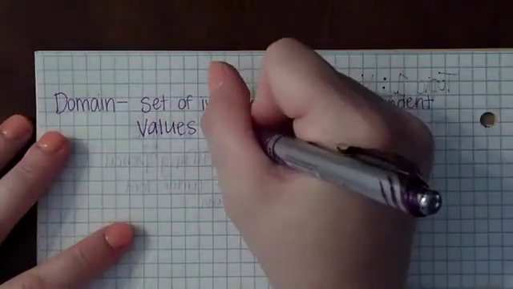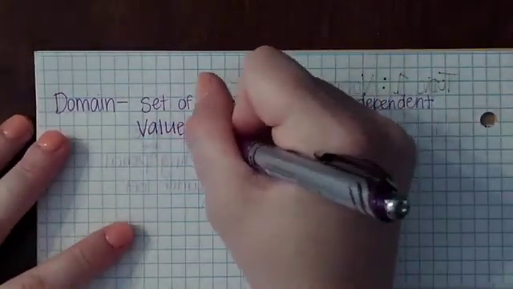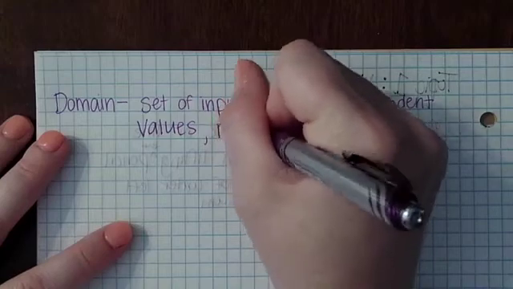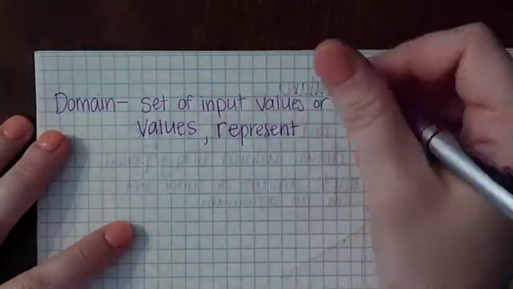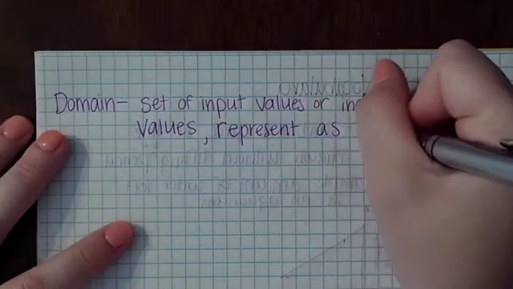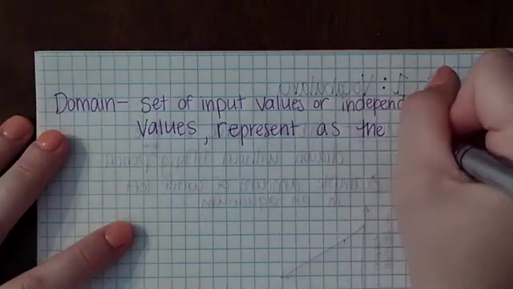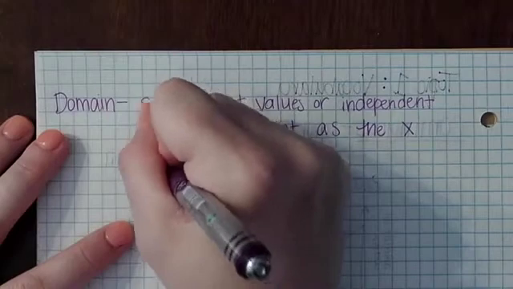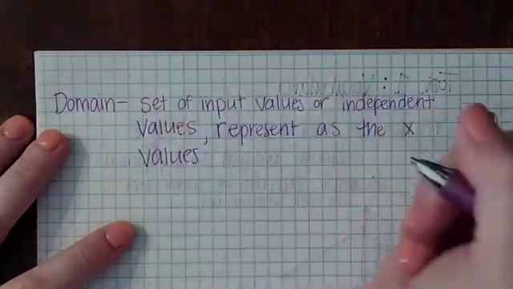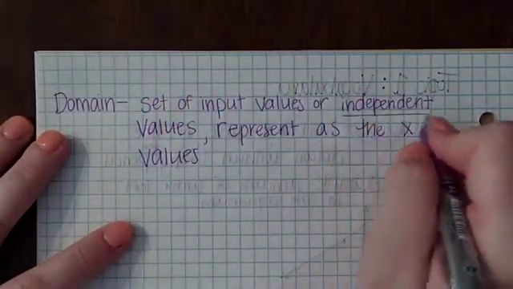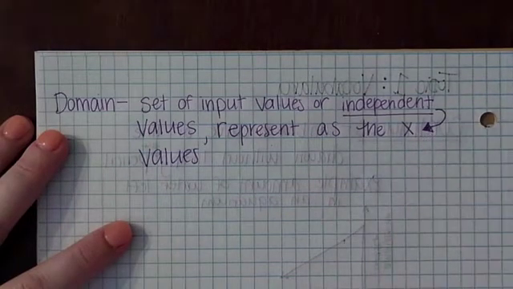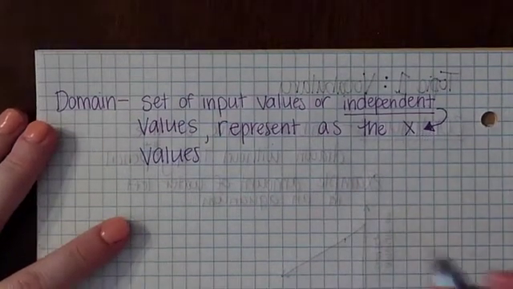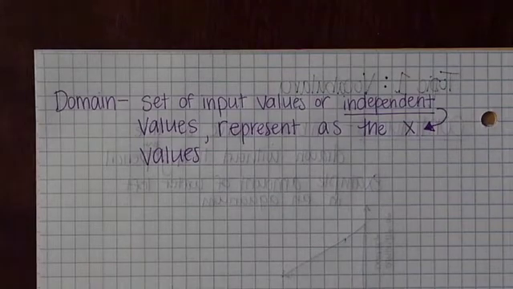Okay, and we typically represent it as the x values. So remember, independent is x. Okay, then we have